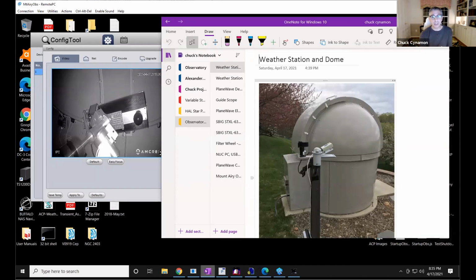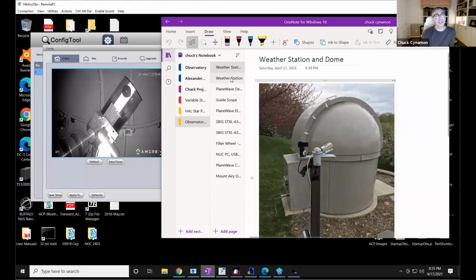Actually, it is dark enough, or it will be very soon. I guess the next time when we come back, I can turn the all sky camera on. It's just another visual thing that I can have when I'm operating remotely to understand, is there an issue going on with the system, or am I having problems with clouds?